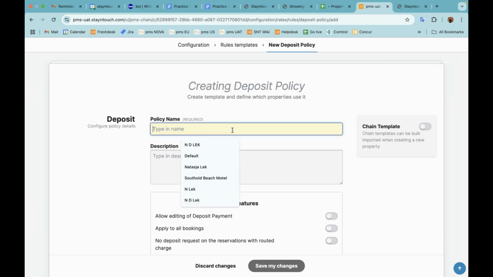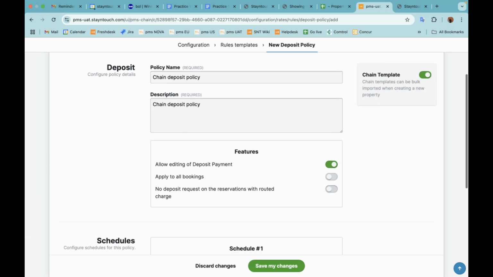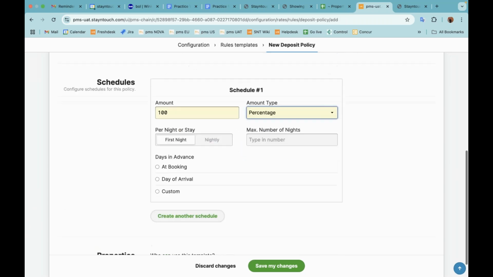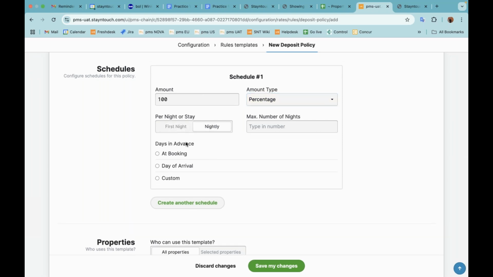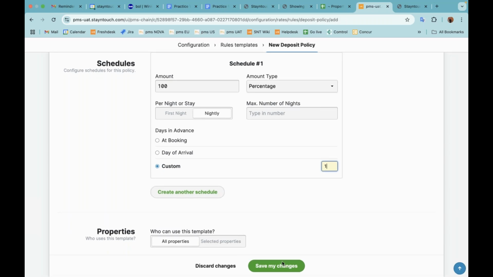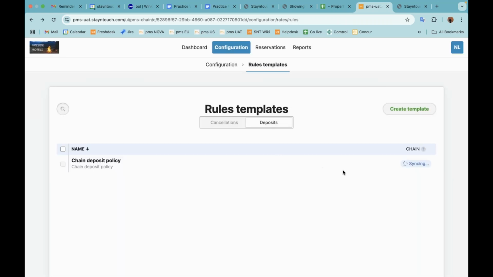Now, let me just create a template so that I can show you that it's going to be part of the chain. So chain deposit policy, just so that we have something in there. Or 100%, for example, of the entire stay. I was going to do 1 day before arrival and for all properties. Now, when I've set up this rule, you can see that this is syncing, then it's going to be part